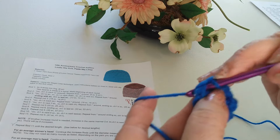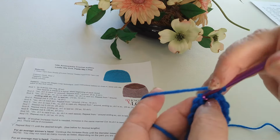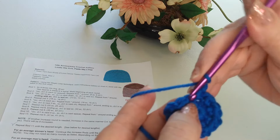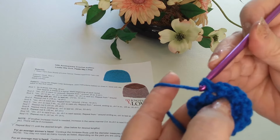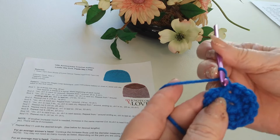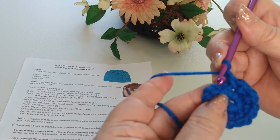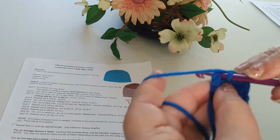Okay, let's go under and over and chain 1. Under, over, chain, and chain 1. Under, over, up. There you go, and chain 1. See how that chain came out of that loop? So that's where we're not going to chain in that loop because that stitch is out of that loop, our first stitch. So we're going to go ahead